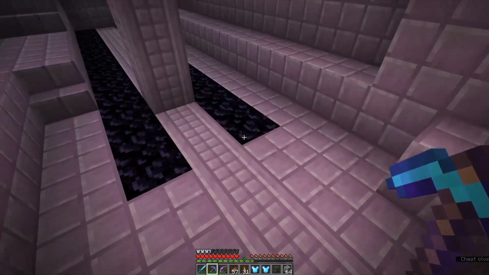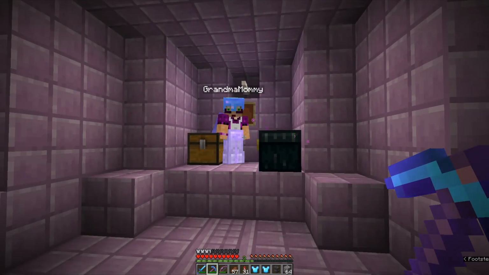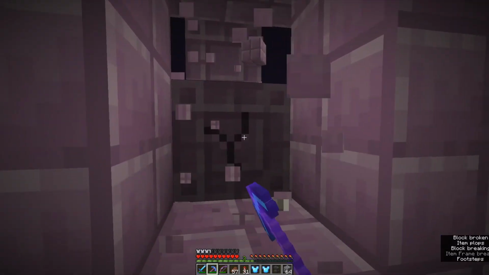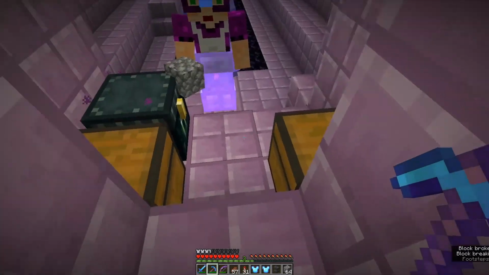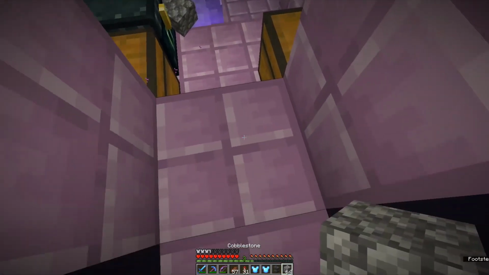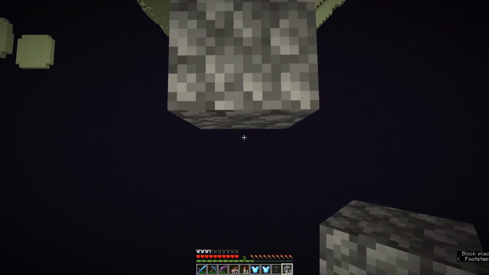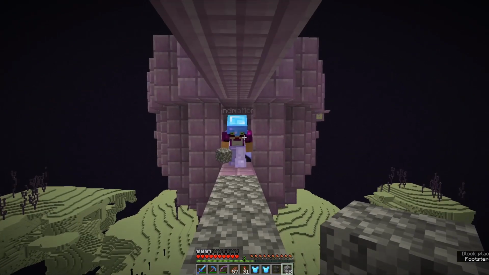If you want to just come out here, I'll show you how to get to the dragon head safely. Okay. So what we do, we break this, and this, and this. And then you just want 6 blocks. And you just back up and go 1, 2, 3, 4, 5, 6. Okay, so I've gone up a block from the...